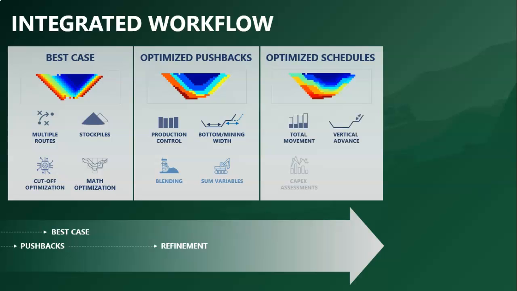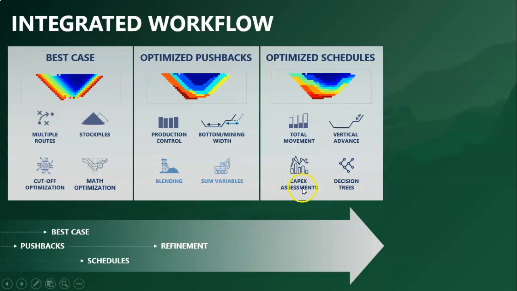In this third case, we will do optimized schedules by controlling the total movement. We will control this total movement production, and we will add all these other variables that we added before, and we will input the vertical rate of advance. So we'll define more based on annual production, for example. So we can have more detail. Can you see here? Now you have the priorities for starting your mining.